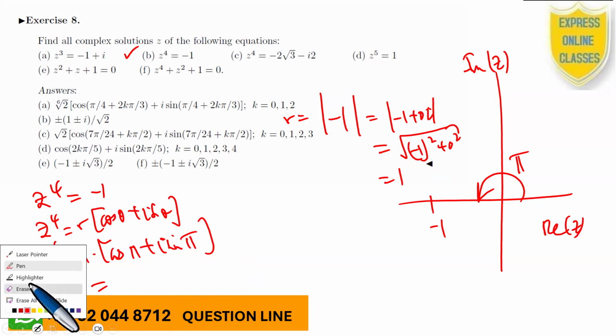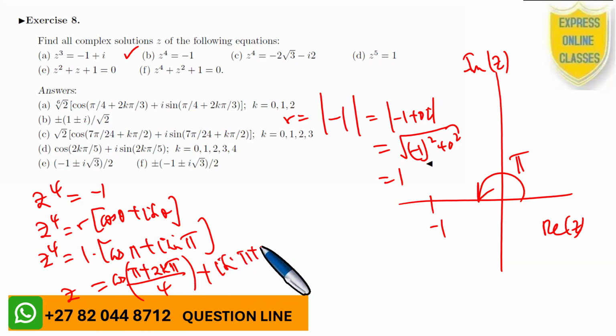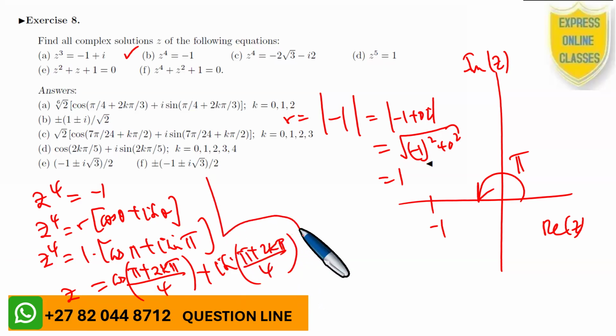So if you solve for z, then it becomes the cosine of pi plus 2k pi out of 4, plus i, the sine of pi plus 2k pi out of 4. Like this. And therefore, these are the fourth roots. So for the fourth roots, k must be 0, 1, 2, 3. Okay, now if k is 0,